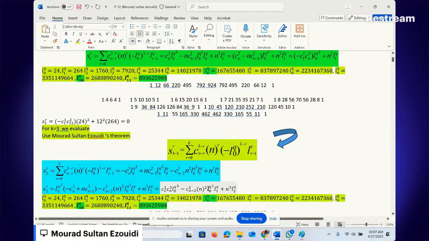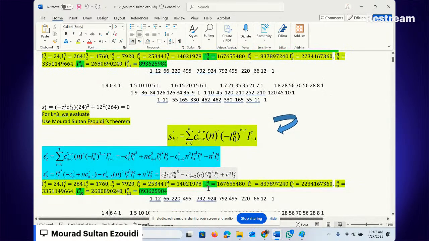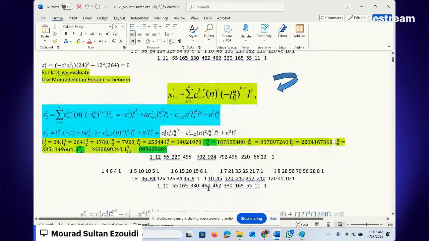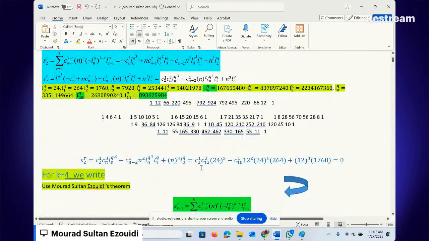Now, what's needed exactly, my colleagues, professors, students, learners, and teachers, is to go and replace. Use the formula I mean, and replace L0 with 24, L1 with 264, L2 with 1760. So after making your own calculation, you will obtain that S2 equals 0. Means if going back to the polynomial,